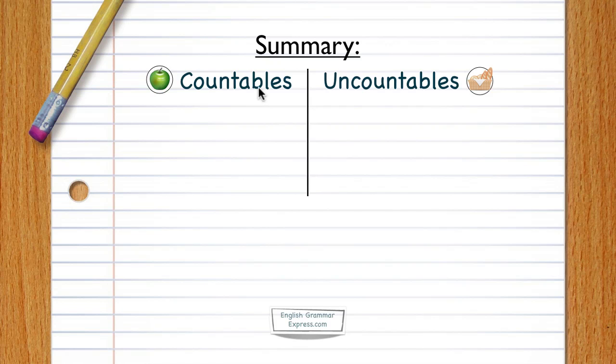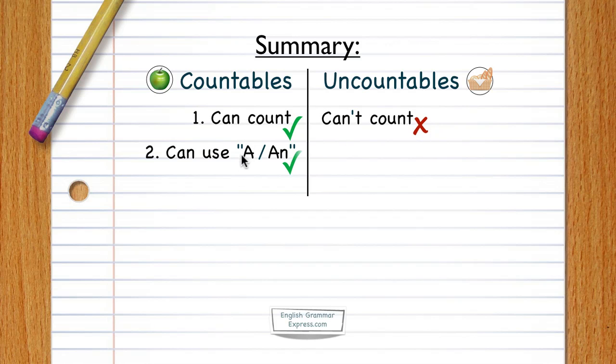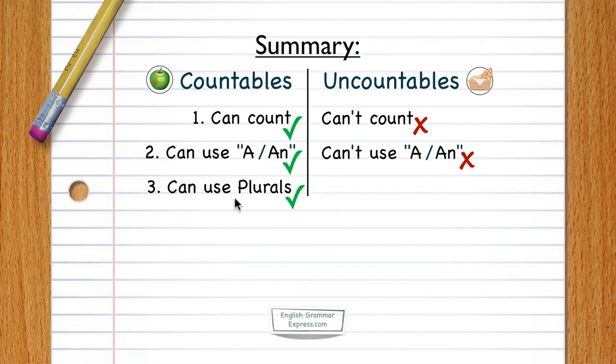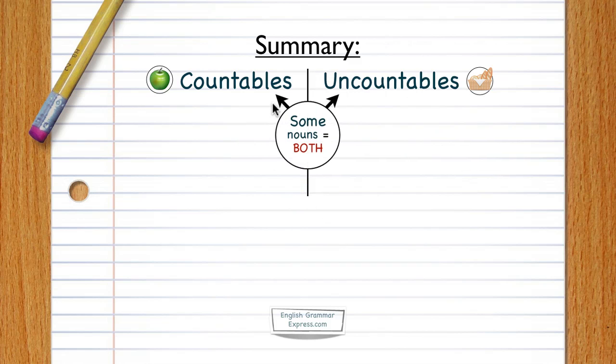Let's summarize what we have so far. Countables can count, uncountables can't count. Countables can use a or an, uncountables can't use a or an, and countables finally can use plurals, uncountables can't use plurals. Now, I said earlier that some nouns can be both countable and uncountable, and I've prepared a